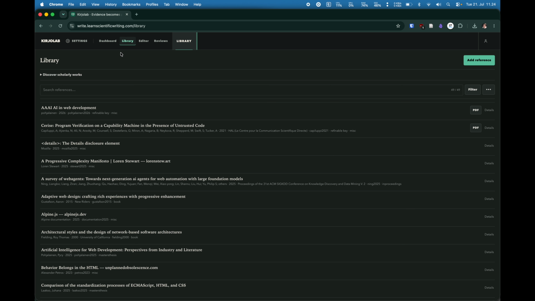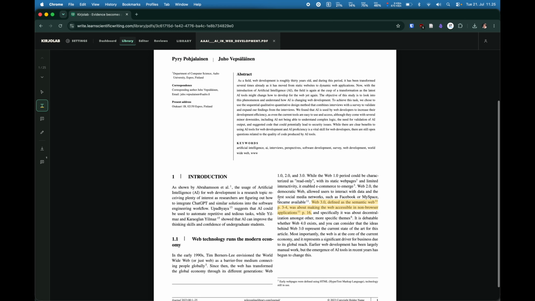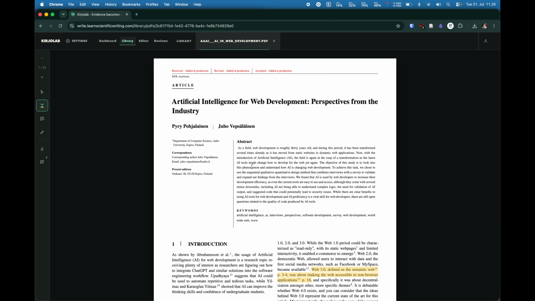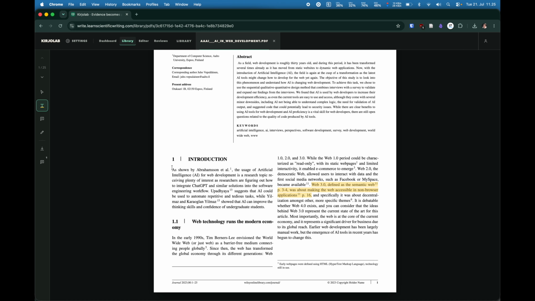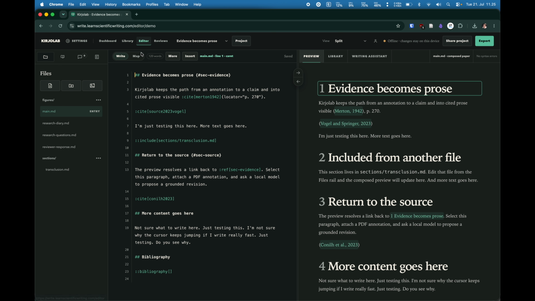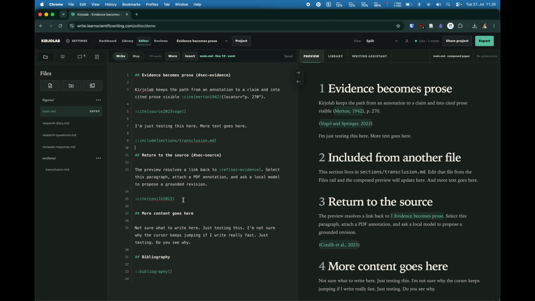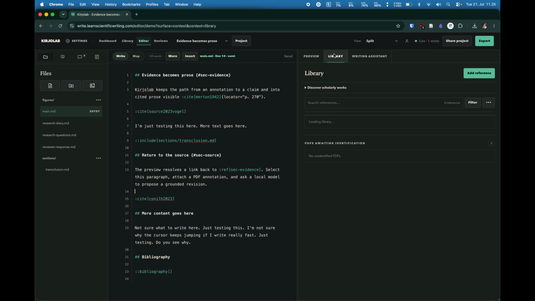One key feature for me is that I have a good library. The point here is that what I have to do a lot, I have to go through many papers. I have to annotate the papers. So the point here is that you will do your annotations, make your notes, and eventually you will bring these notes to your project, and then you're able to show what references are actually coming from which page and so on. So you go to the editor, and here you will include your citation to the project,